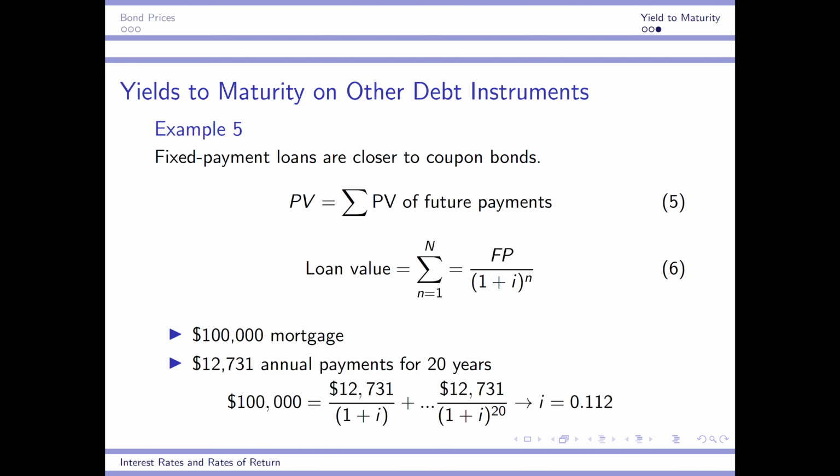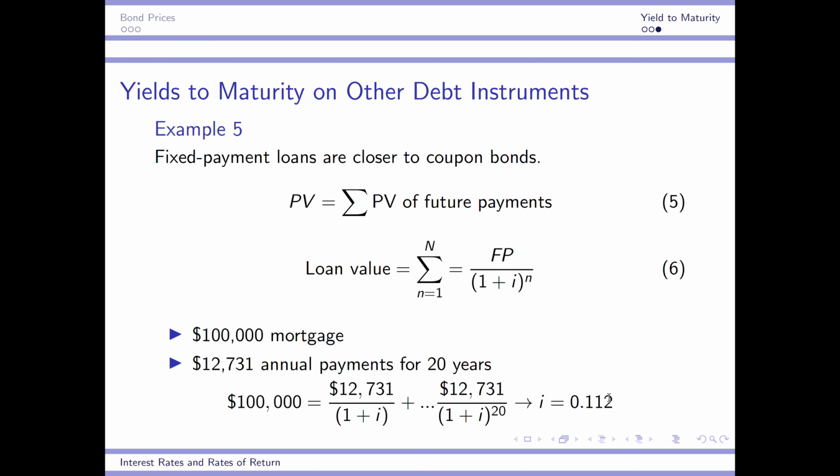Now, the very last one of the 4 are fixed payment loans, and they're a bit closer in calculation to the coupon bonds. And we use equation 5 to calculate it. Remember that with fixed payment loans, there is no end payment. There's no face value that's paid at the end. Instead, they're paid out incrementally and consistently. So we're just going to use that same formula in equation 2, except we're going to drop that end payment. And so the loan value is equal to the future payment divided by 1 plus I to the n. So this is the exact same formula as equation 2, just without the second term. So if we're looking at a $100,000 mortgage, and that mortgage makes $12,731 in annual payments for 20 years, we can just use equation 6 and then back out an interest rate